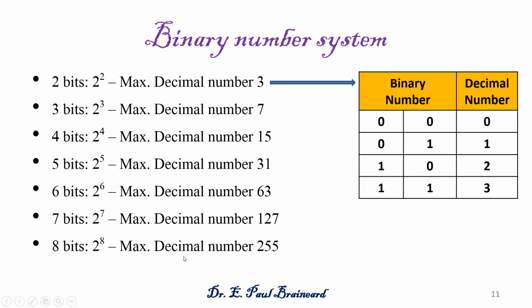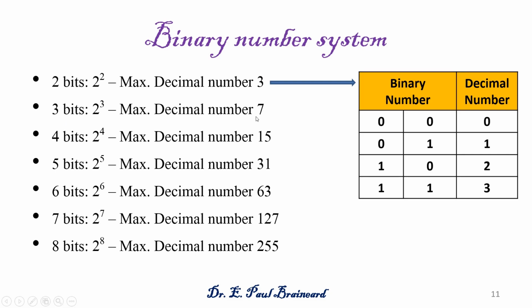In binary number system, with 2 bits, we can have 2 to the power of 2, that is 4 combinations. With 2 bits, 4 combinations are possible, and the maximum decimal number that can be represented is 3. Similarly, with 3 bits, 2 to the power of 3 combinations are possible, and the maximum decimal number that can be represented is